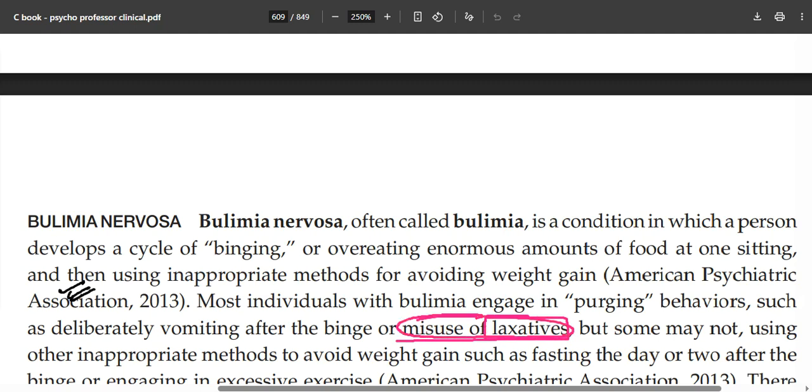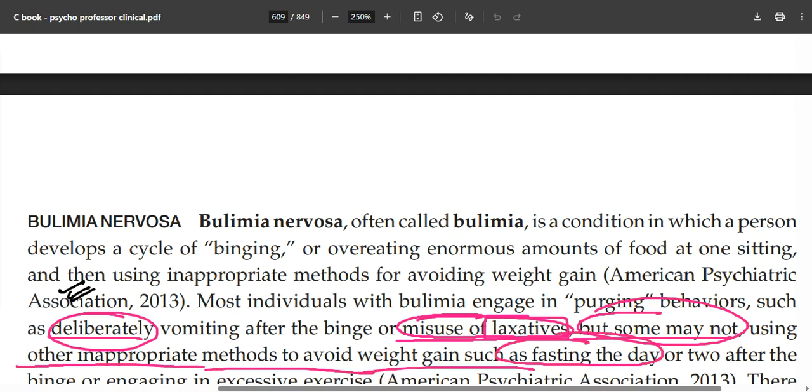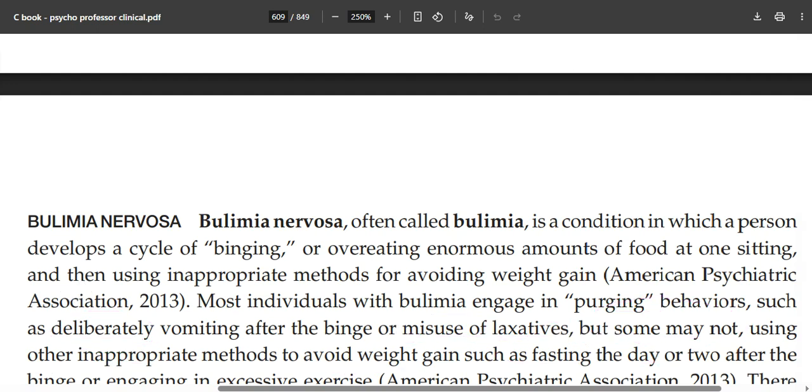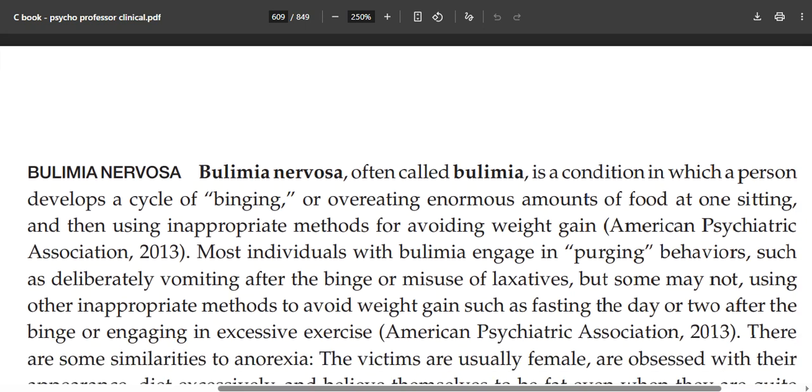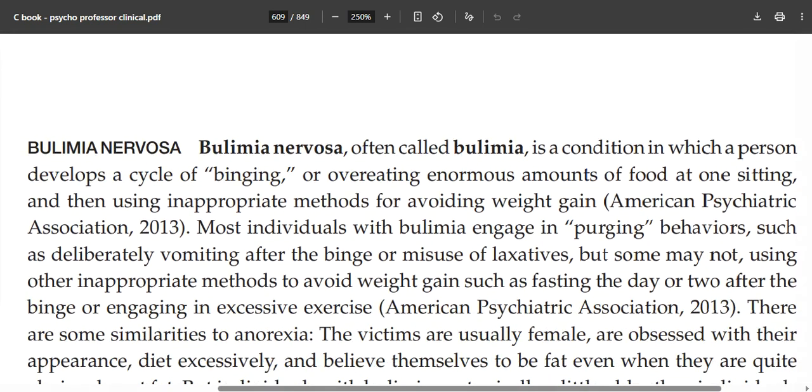Or misuse of laxatives, but some may not. Most of them do this deliberately. Now, but some may not, using other inappropriate methods to avoid weight gain, such as fasting a day or two after the binge, or engaging in, see what is written over here, excessive exercise. So you got the vomiting, you got the laxatives, and you got the excessive exercise also, and you